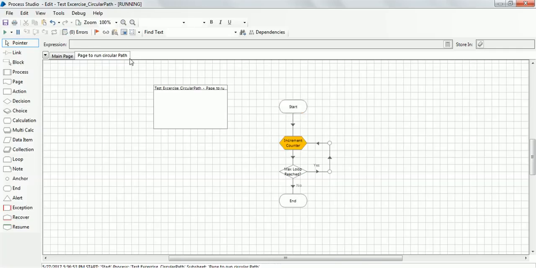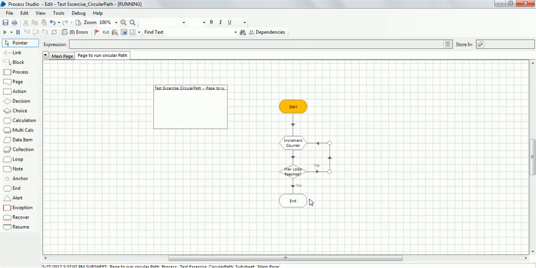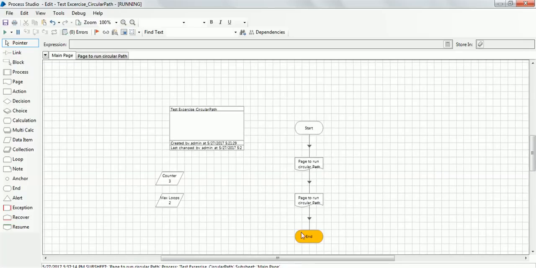So it started, went to the first page reference, did the increment counter thing, checked for condition, and it will loop through, cursor back on end. After end, the cursor returned to the next available stage, which was again a page reference. Again the same thing will happen, and we will go back, right? So did you get the working of pages? I hope yes. Okay,